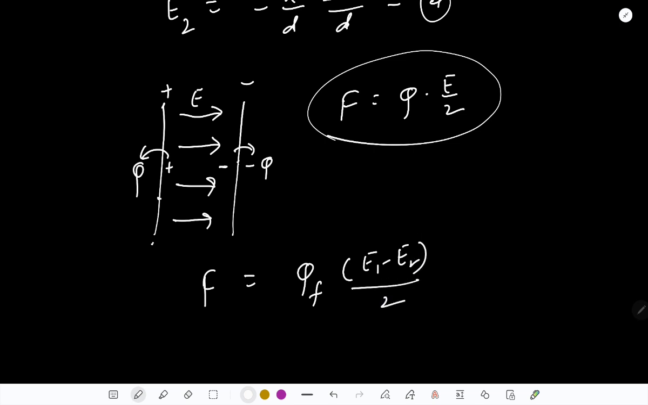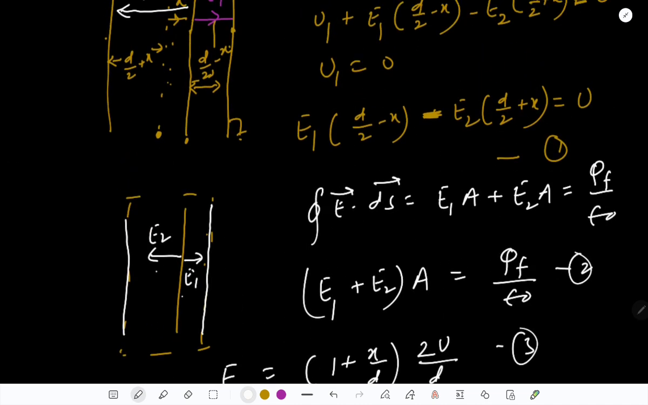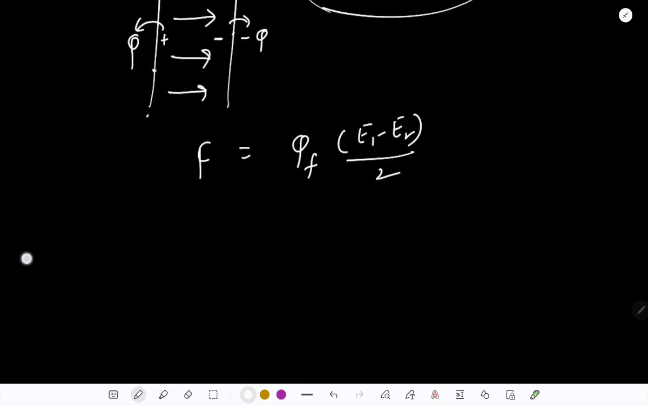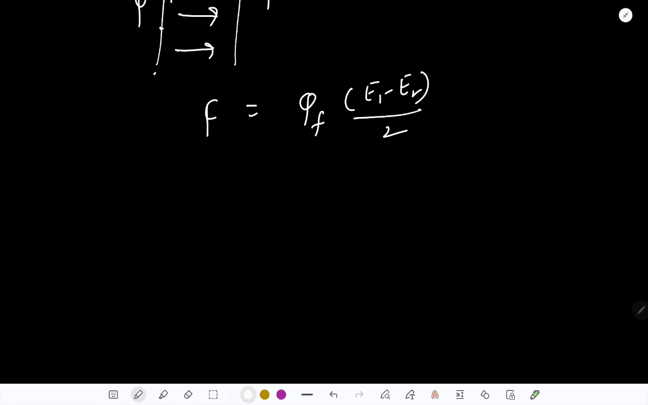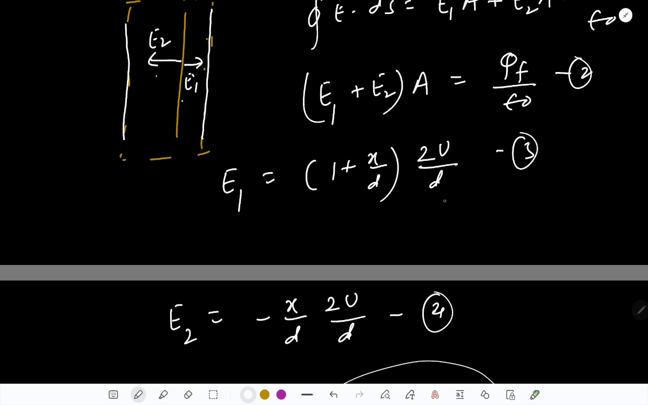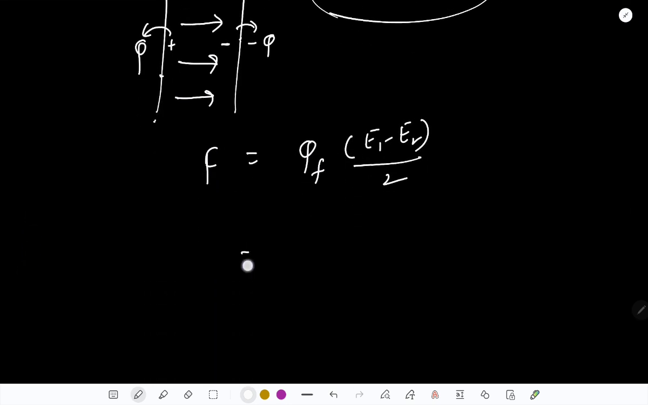So to calculate the force, we have to consider only half of this electric field acting on the charges on the metal foil, and I can write QF (E1 minus E2) by 2, and so I can write the value of QF from here, that is 2 epsilon naught AU by D. So, with E1 and E2, I guess the result is going to be